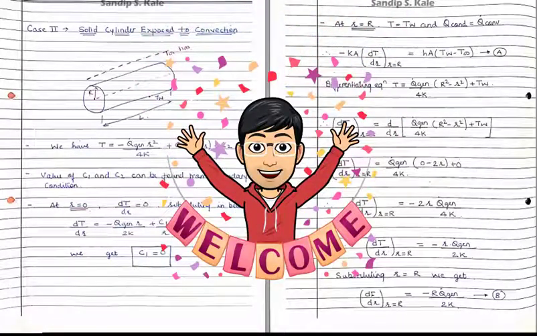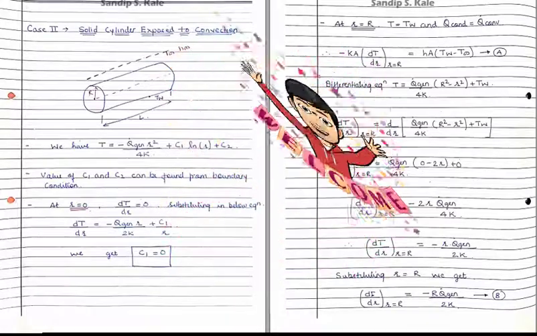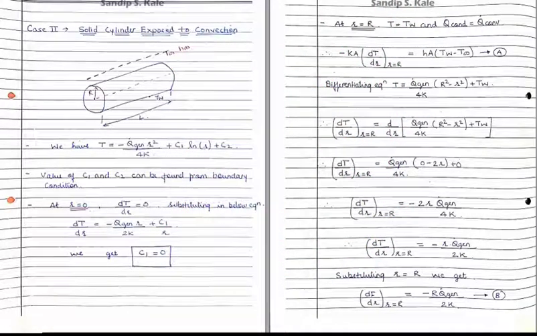Welcome back. So today we will see the second case of the solid cylinder. In this case, what is given? A solid cylinder is given, and that solid cylinder is exposed to an environmental condition. The environmental temperature is T infinity, and the convective heat transfer coefficient is h. And the system is generating heat. Okay, the heat is generated inside the medium. The wall temperature is Tw, the length is L, and the radius is capital R.